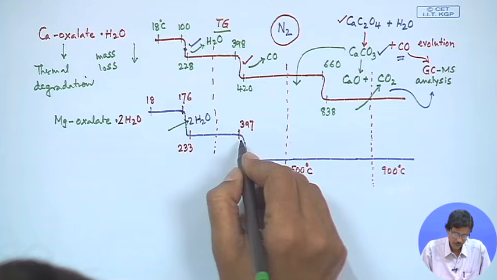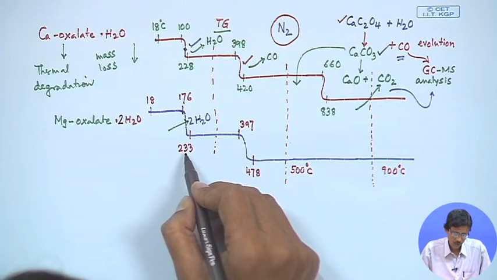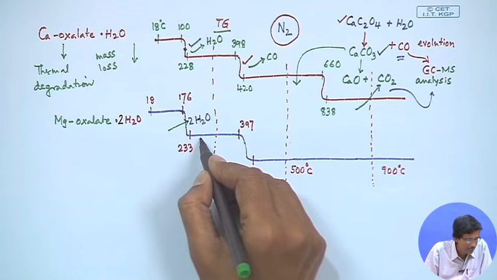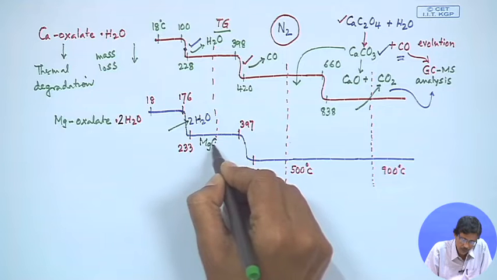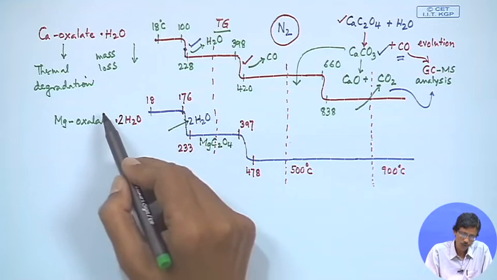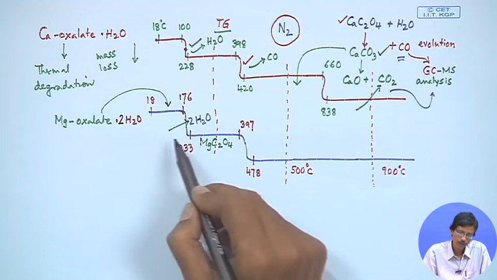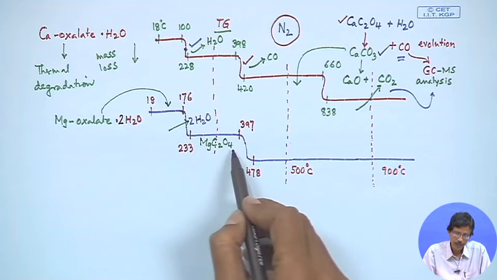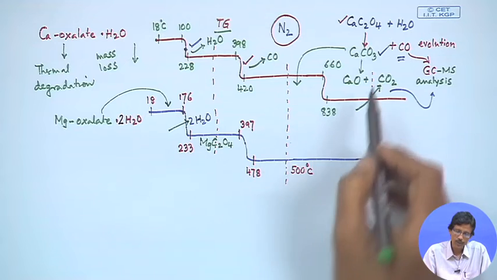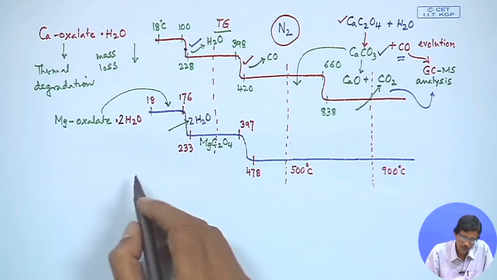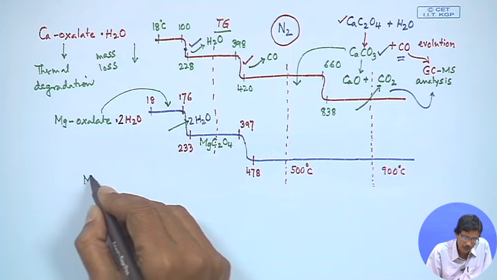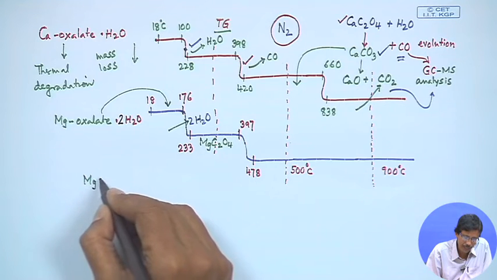So, this is the step where the magnesium oxalate is stable from 233 degrees centigrade to 397 degrees centigrade. So, this is our magnesium oxalate, MgC2O4, which is anhydrous. This is the dihydrate, then water loss takes place, and this is the anhydrous form. Then the anhydrous form goes on to something like this, but depending upon its different nature, that means the magnesium ion is different,